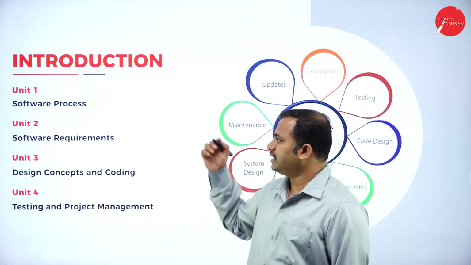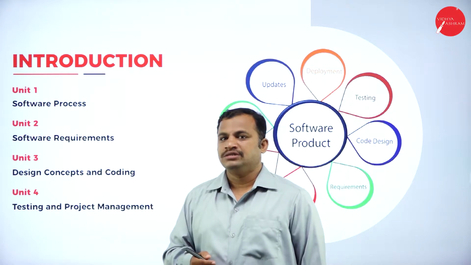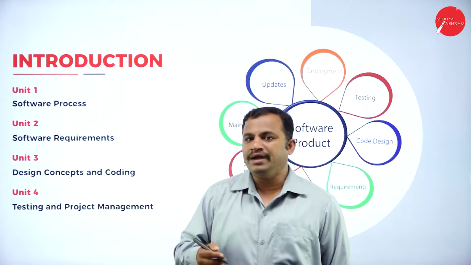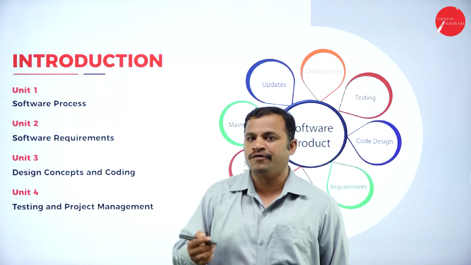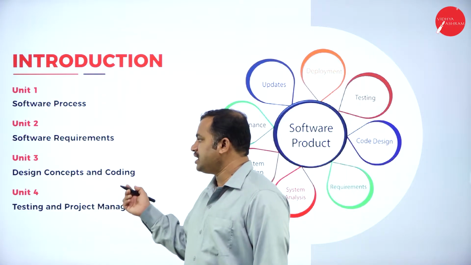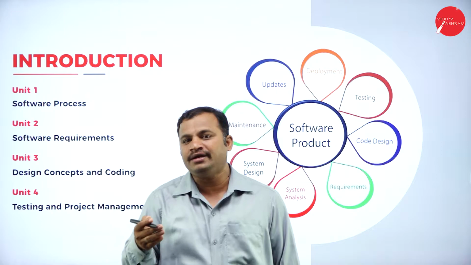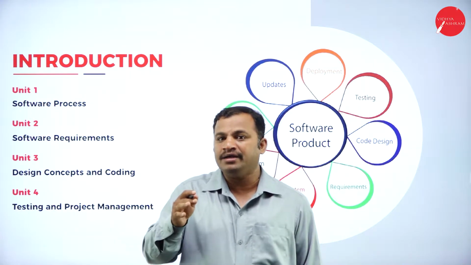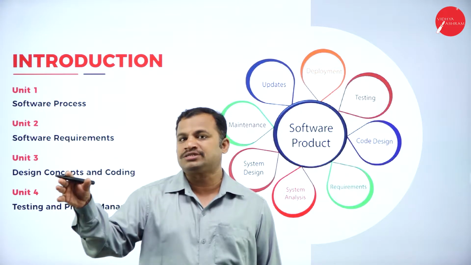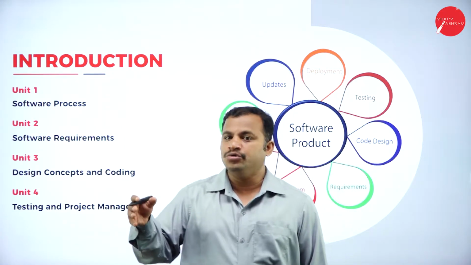And in the next unit, that is in Unit 2, you will learn about software requirements. That is the list of requirements to be met by the software developer to meet the criteria or the requirements of the client. That is in Unit 3, you will come across the design concepts and coding. That is how the collected requirements of a client need to be designed and implemented in the form of coding. That is, the logical description of that has to be maintained. All those details are discussed in Unit 3.